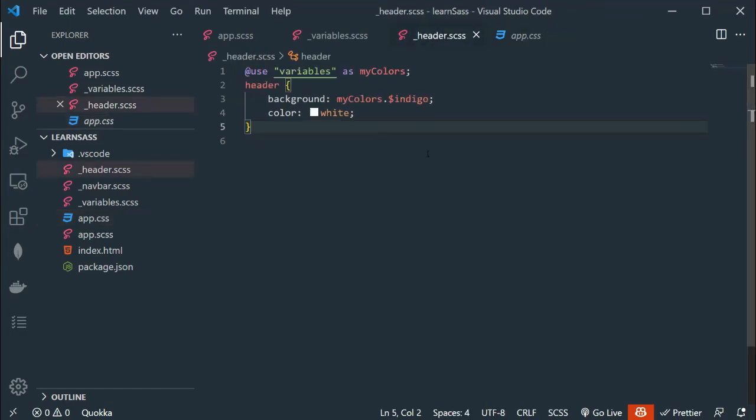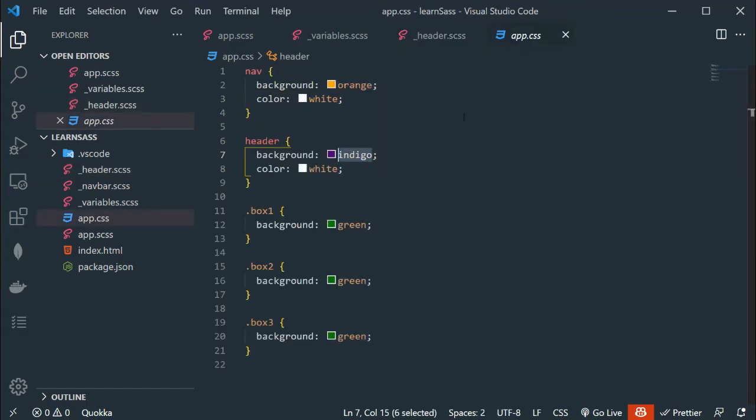we have indigo. Now let's say I want to delete the namespace. So instead of my-colors, we have to add the asterisk sign. The asterisk sign will basically delete the namespace. So now let me delete my-colors. We have to add only $indigo. Let me save the file, go back to app.css, and